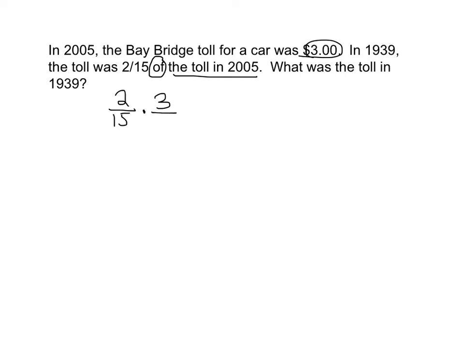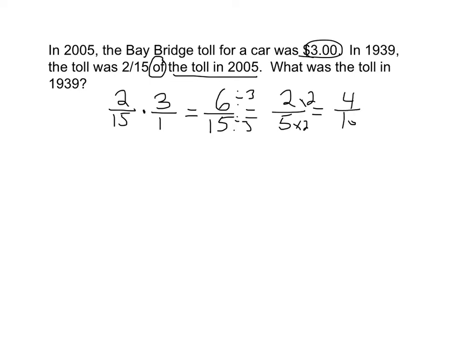So when we're doing that, we can actually just multiply straight across. So we have 2 times 3 is 6. And then 15 times 1 is 15, because 3 is a fraction, it's 3 over 1. Both of these are divisible by 3, which gives me 2/5. And 2/5 as a decimal, if I multiply each by 2, gives me 4/10, which would be 0.4, or in money terms, we'd put a 0 behind it, so it would be 40 cents for the